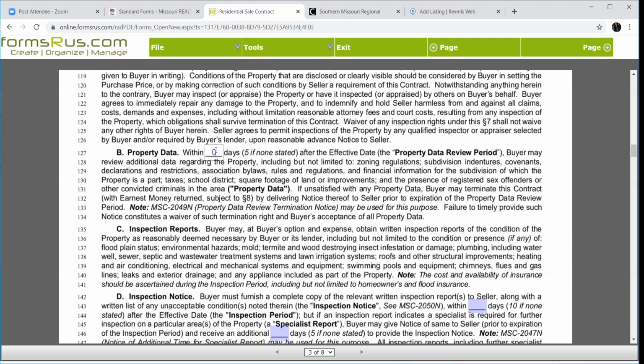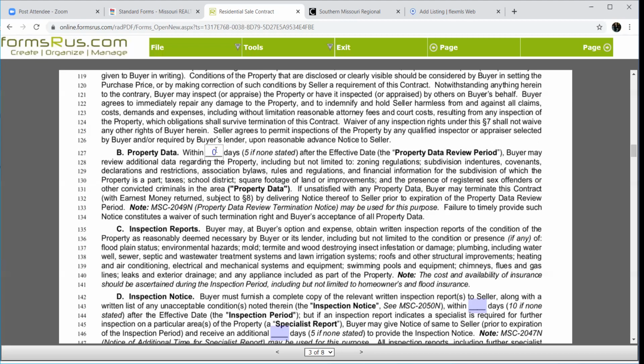because you should really be doing these things ahead of time. Now, that being said, if your client needs this time frame to check some of these things out, by all means utilize it. But the smaller this number is, the better your offer looks. If I've got two mirrored offers of $100,000 and one has 5 days and one has zero, I'm going with the zero all day long.